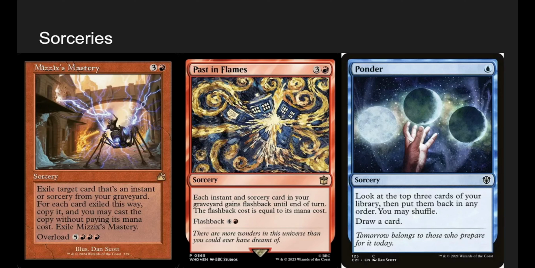Mizzet's Mastery, 4 mana. You guys know this card. Crazy card from 2015. Exile target card that's an instant or sorcery from your graveyard. For each card exiled this way, copy it, and you may cast the copied card without paying its mana cost, and then you exile Mizzet's Mastery. And then it has Overload for 8. So really, the way we're casting this is exile each instant and sorcery from our graveyard and copy it, which